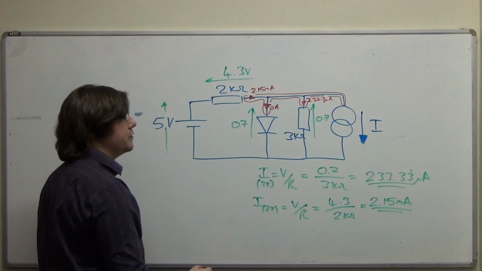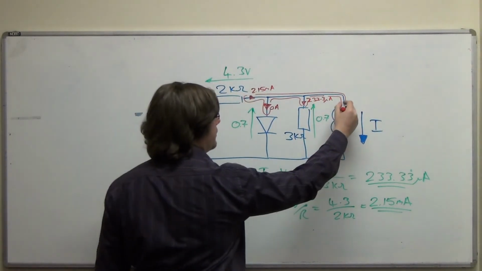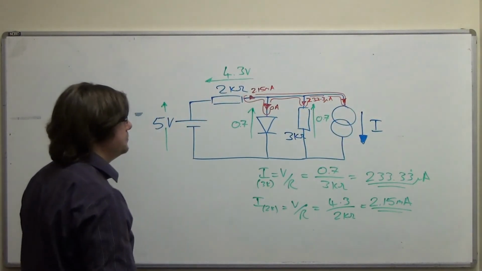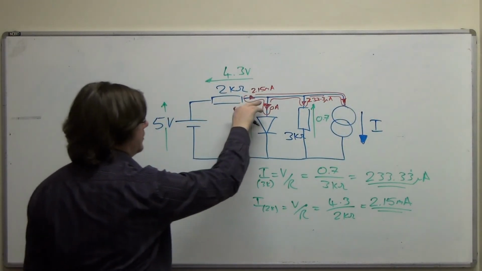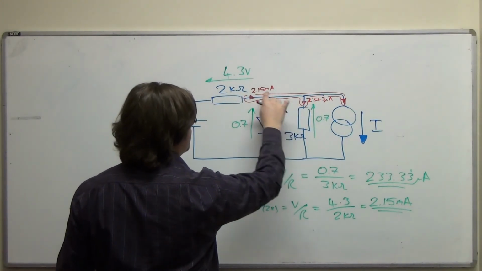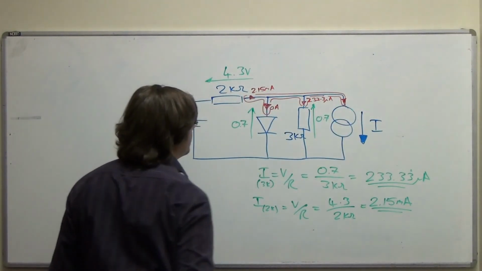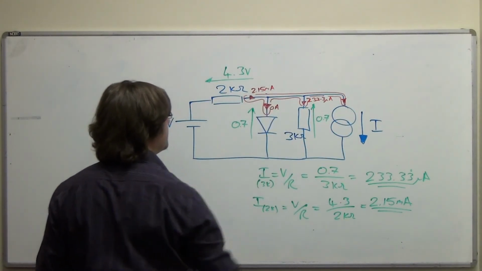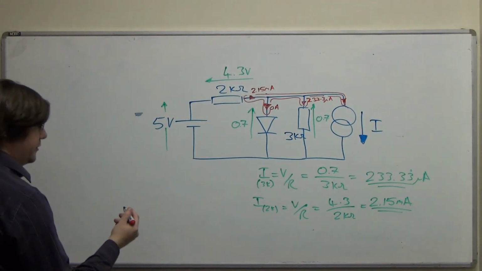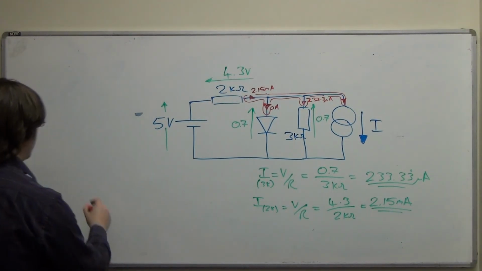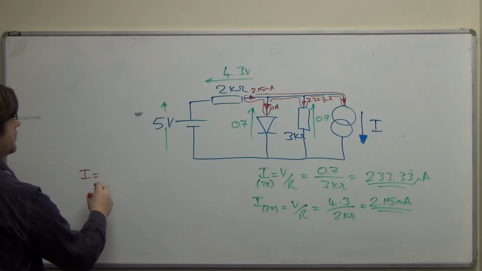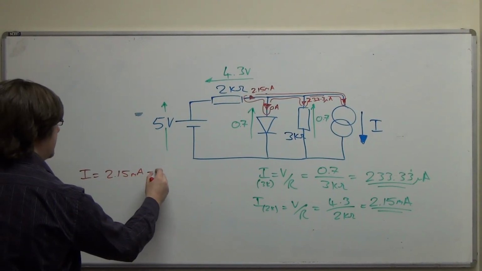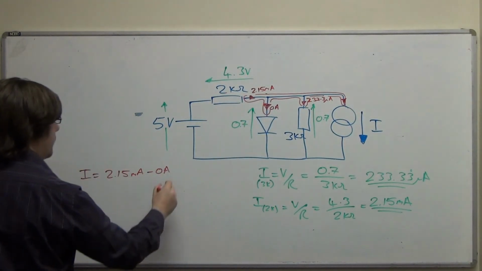And I can tell by looking at the direction of the arrows that the current has to be going outwards, down the page, because there's current coming in from here, there's current leaving there. This isn't as big as that, so there's current down there as well. If this was bigger than that, that current would be upwards, but it isn't, so we're in the situation we're in. So I therefore is equal to 2.15 milliamps minus 0 amps, which is from there, minus